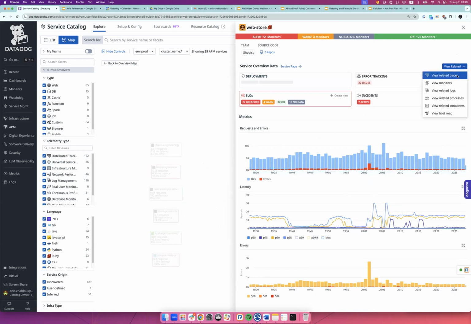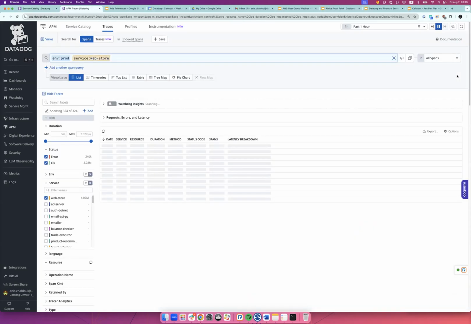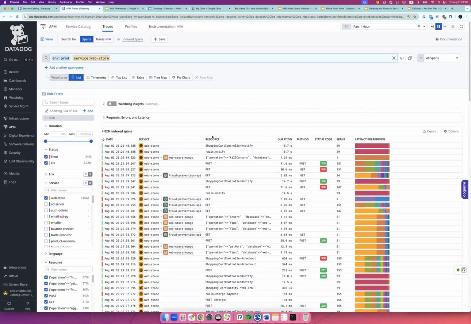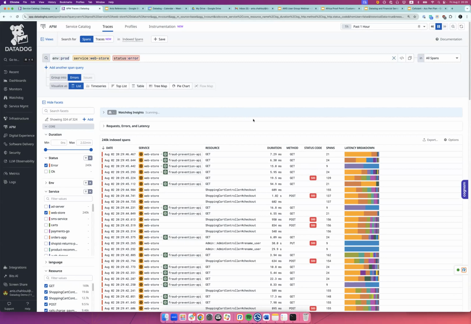Something very important here, again, we're talking about the web store. I'm curious to know if my requests are going through, if there are any errors, if there are any issues. And I need that unified platform that Zara spoke about. So I don't, for example, look at the trace here, then look for the infrastructure in another tool, then get the logs on the other side and spend time correlating all of that information.